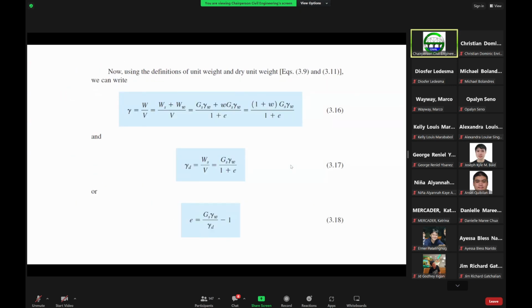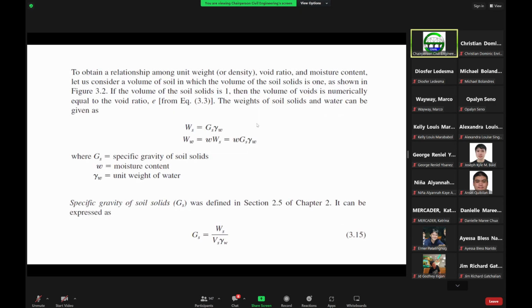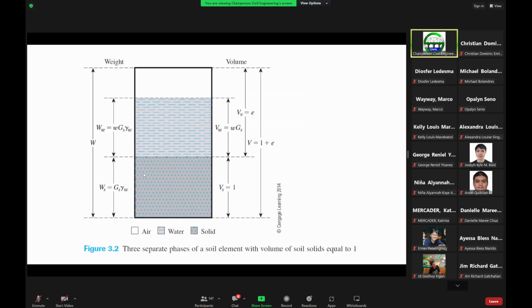The unit weight now is defined as the total weight over the total volume, but the total weight is equal to the weight of soil solids plus the weight of water over the total volume. But we know that the weight of soil solids is equal to the specific gravity of the soil solids times the unit weight of water, which is the same as this one here,